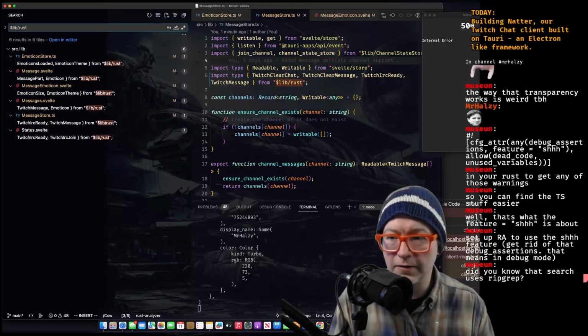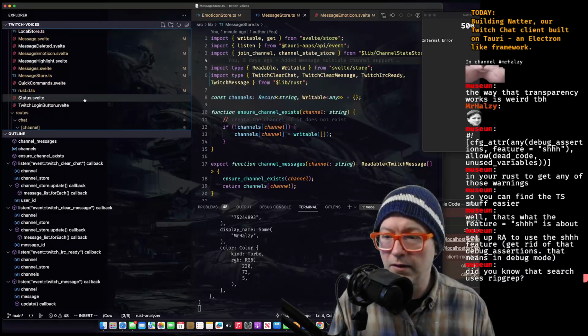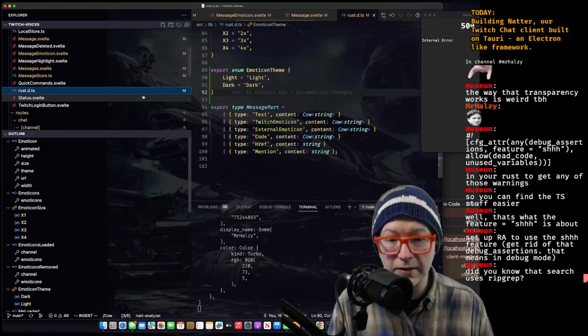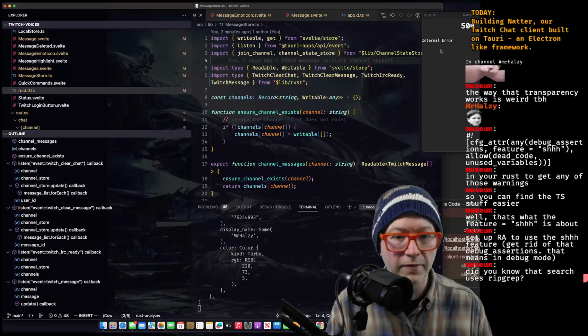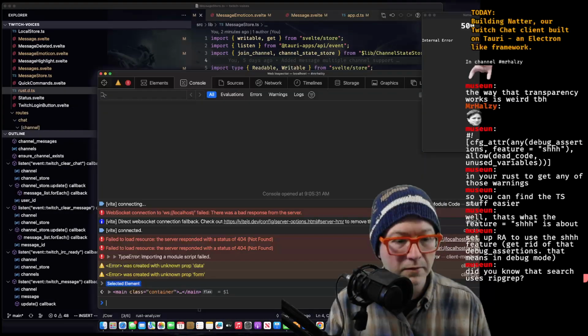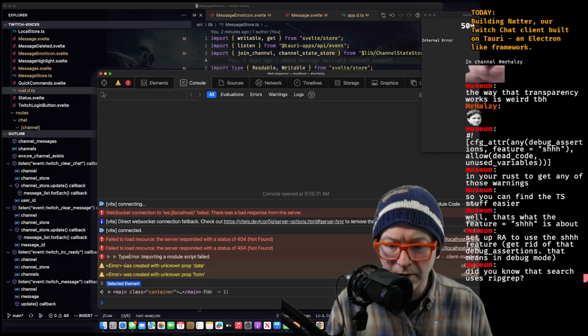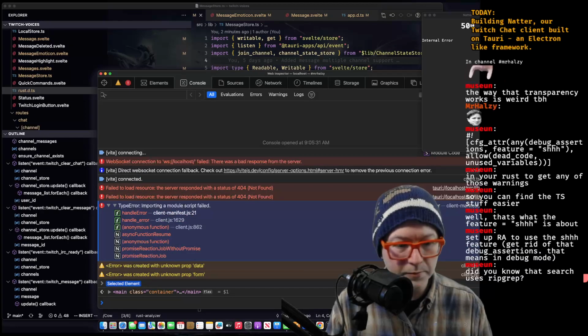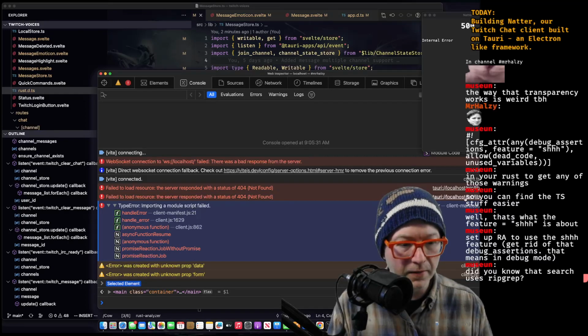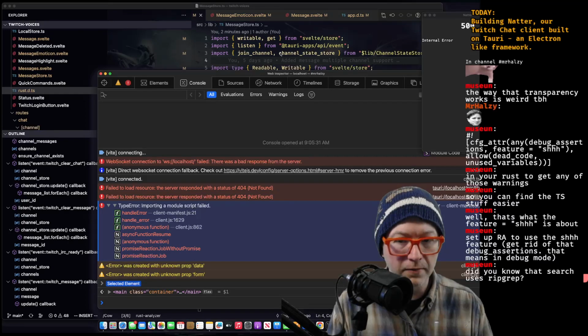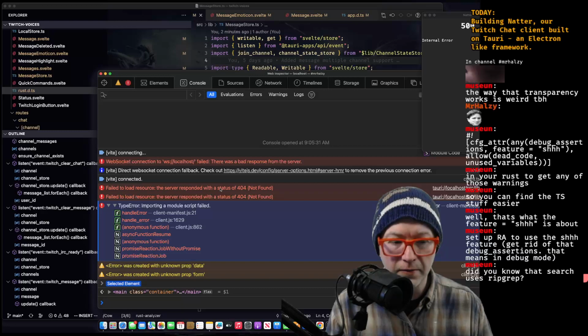Isn't that where the file is? Lib rust.d.ts. And error. Okay. And where did it fail to import this?